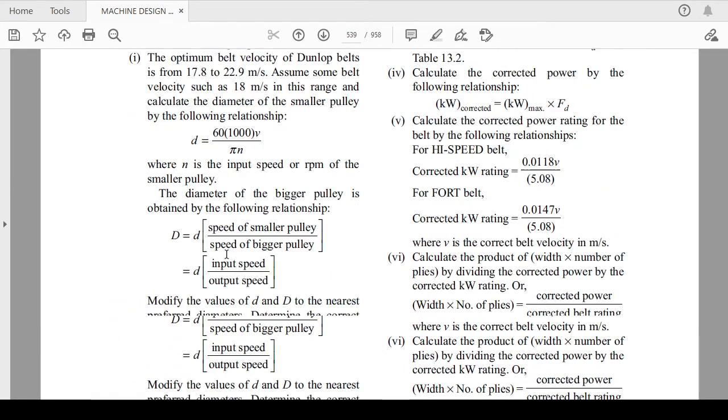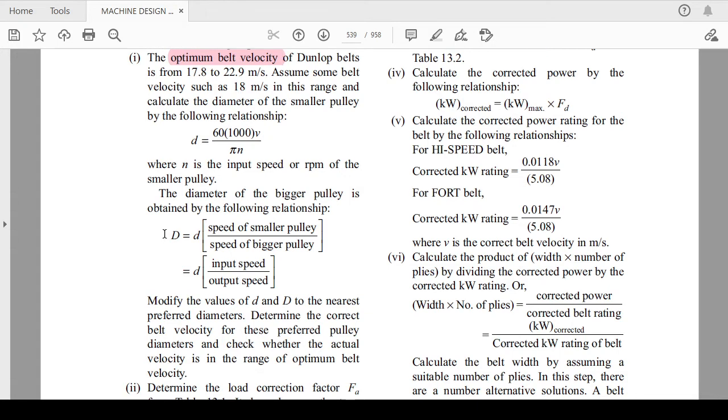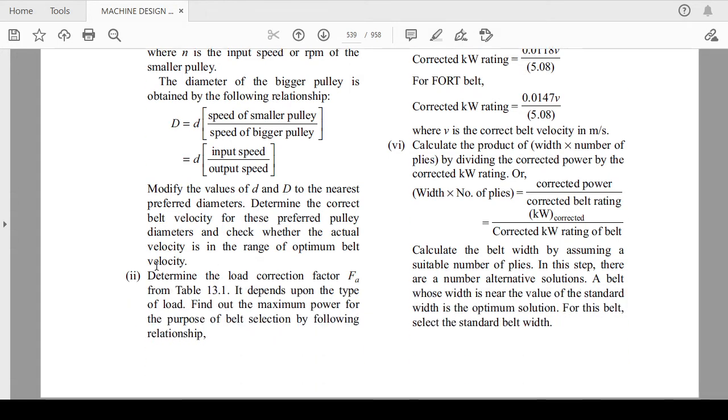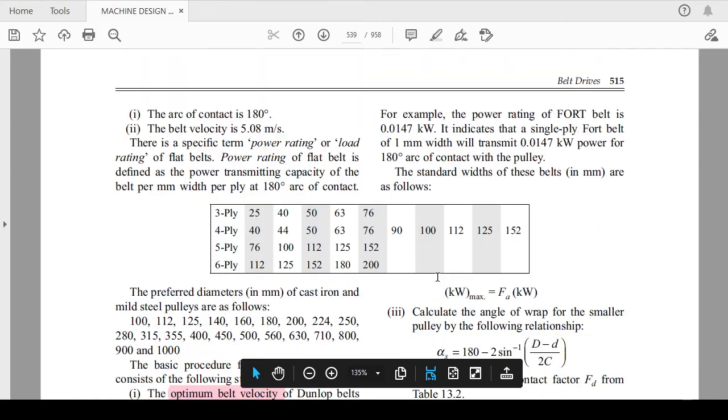Now let's see what is the procedure of this. First, you have to calculate the optimum belt velocity of any kind of belt by calculating v equals pi dn. Okay, linear velocity is equal to pi dn. Then you can calculate the diameter and the ratio of these diameters, bigger pulley and smaller pulley. Then determine the load correction factor, which is FD, with the help of table 13.1, which is already given over